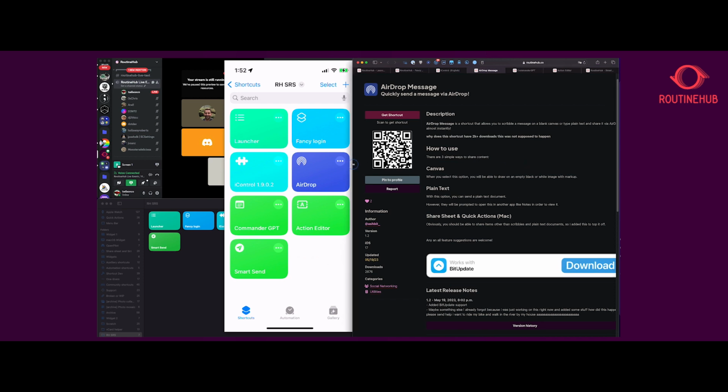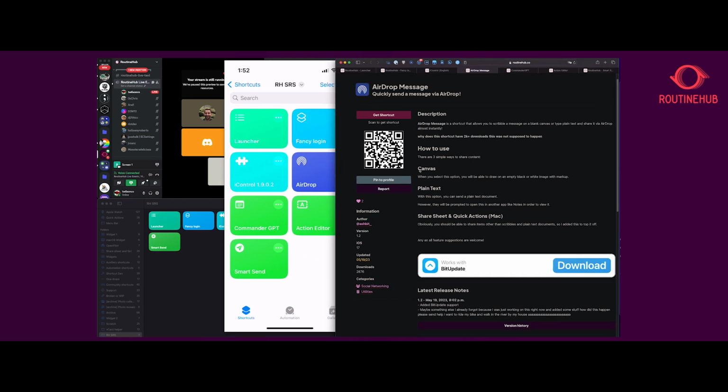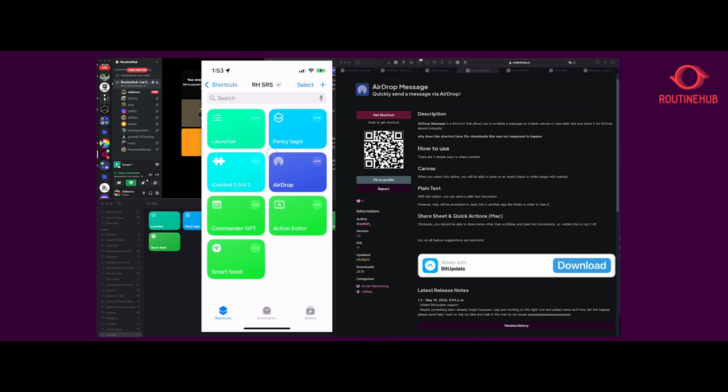But moving on, we've got AirDrop message. And so this is a fun message because AirDrop is sort of an overlooked feature, in my opinion, of the Apple ecosystem. And so it's nice to see,